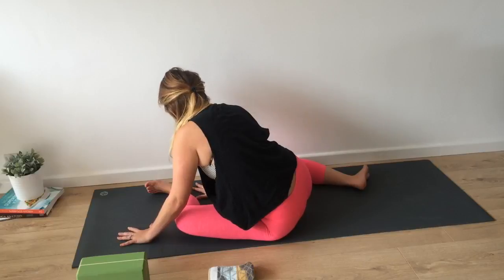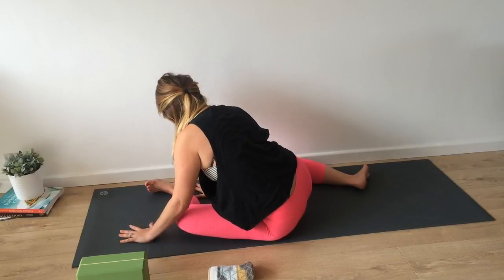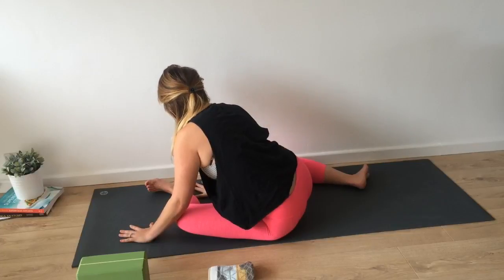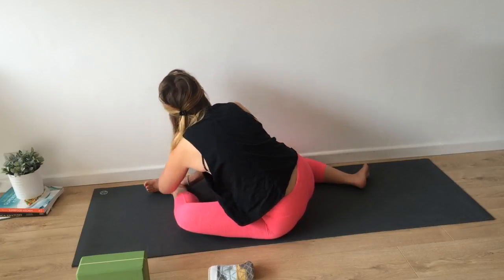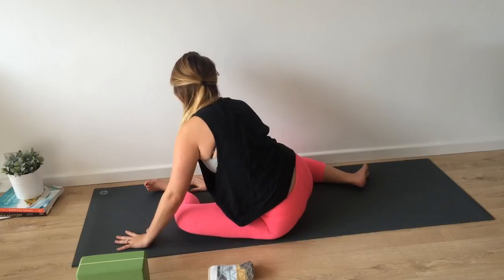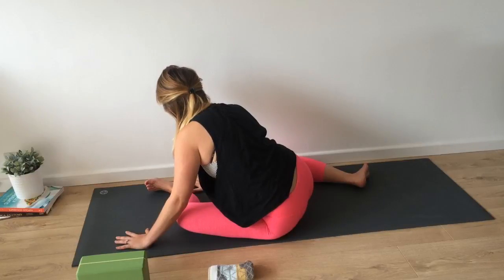If you're able to straighten out your back leg, then you can do that. Otherwise, staying up onto our hands, coming onto our forearms, or even hooking our left arm on top of our left foot, and melting down towards the ground. And on each inhale and exhale, letting your body melt, breathing into your hip,